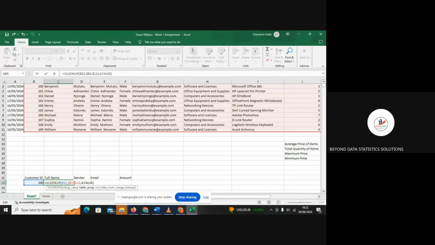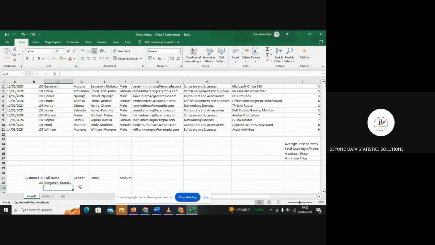Before B, after B. After B1, no, before 1. Before 1, yes. And then we also do the same before 11. Okay, now you can press enter. So we have just locked the range, so that now when we drag, we want you to go back